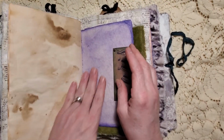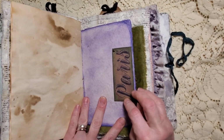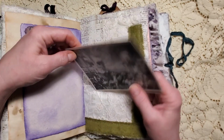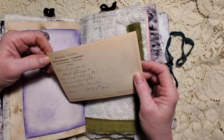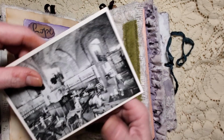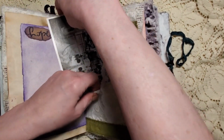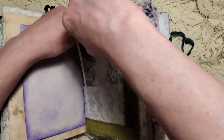Okay, this page is on that handmade paper. It's just for writing. I thought it was cute to have the Paris there, and then hope on the back. This side is another one of our pocket tucks, and this was from the Basilica of Lipia restaurant in Roma, 1956. Isn't that cool? So very cool restaurant there in Rome. It's kind of big for this little spot here, but it does work because the material will move,